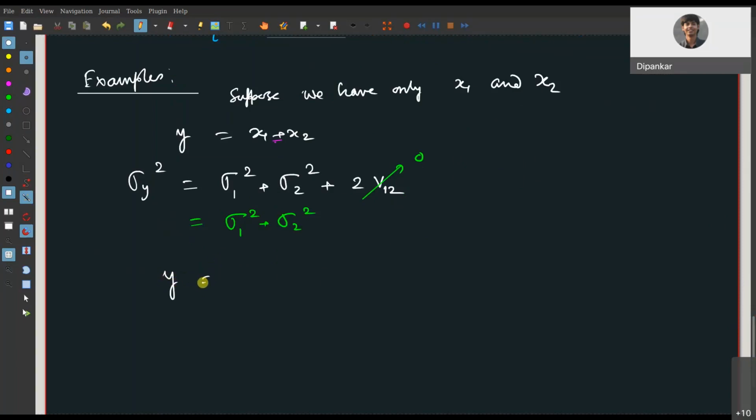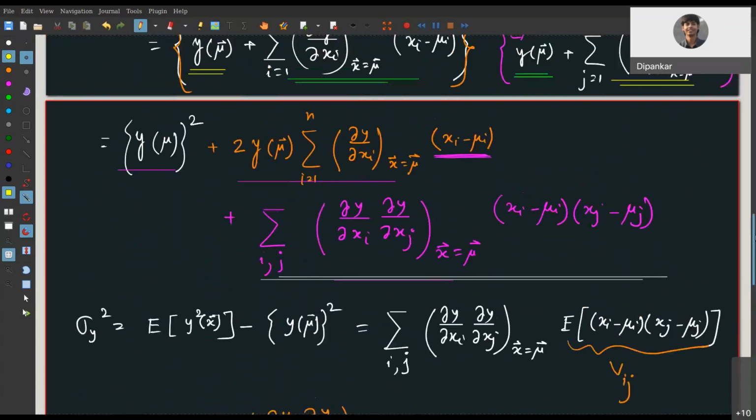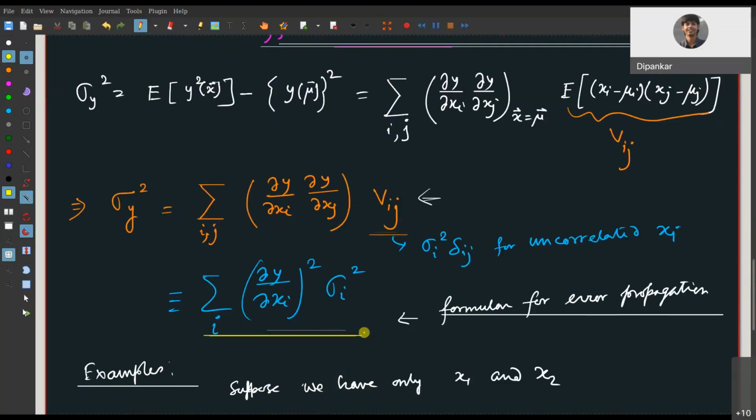let's say you have instead y equals x1 times x2. So that means delta y by delta x1 equals x2, and delta y by delta x2 equals x1. Okay. Then if you try to figure out the sigma y square, so delta y by delta x1 equals x2, you can write this as y by x1, and this can be written as y by x2. Okay, so if you apply these relations in this formula, for uncorrelated variables, or rather let's say correlated variables,